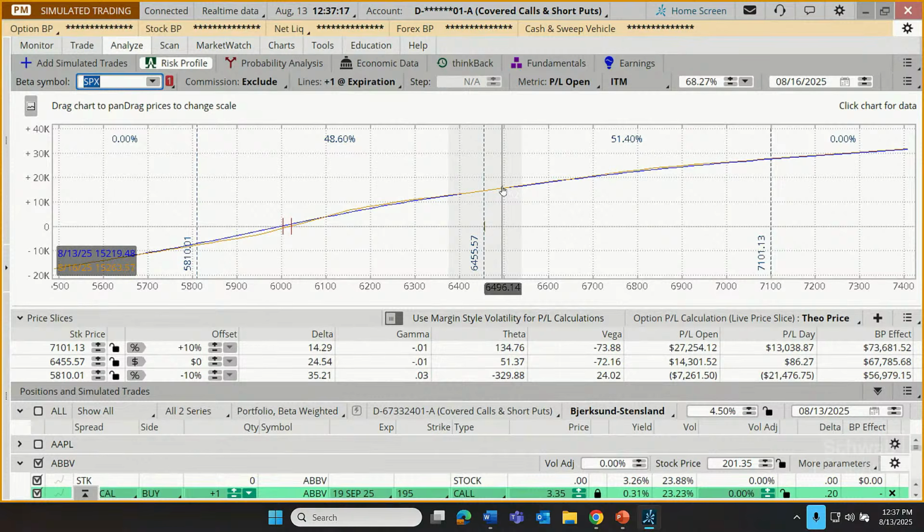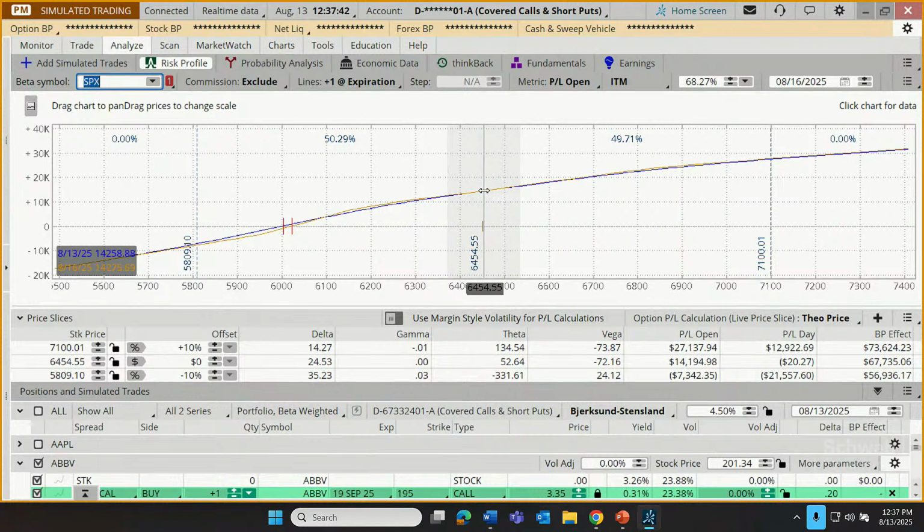through the first expiration for options in this portfolio. So if I look down here, it says August 16th. That's because I have some trades expiring on August 16th. How would this portfolio perform on August 16th if the S&P were to go up? Well, that would be good. And you know what? Going up further would be better. This portfolio is definitely bullish.